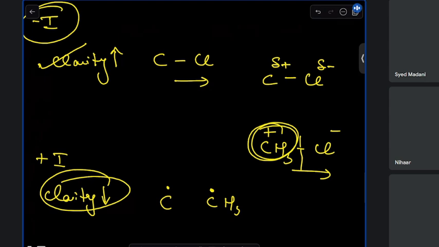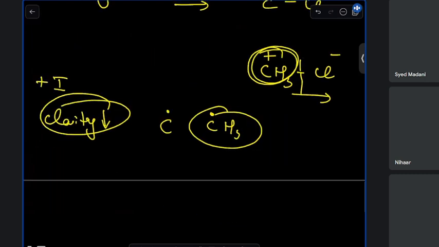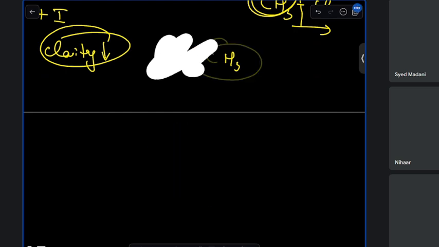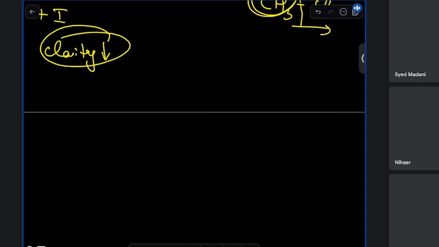That's all. Now, how to remember the examples? Anything with CH3. For example, if one carbon is attached to one CH3, it is called primary. If one carbon is attached to 2, it is called secondary. If attached to 3, it is called tertiary. Remember this. More the number of CH3s, more the amount of confusion. More confusion, less clarity. Less clarity meaning the splitting won't happen properly. So the best examples for plus I effect will always be CH3,